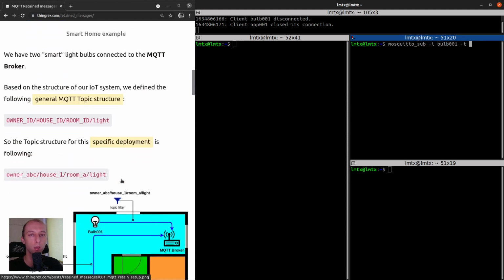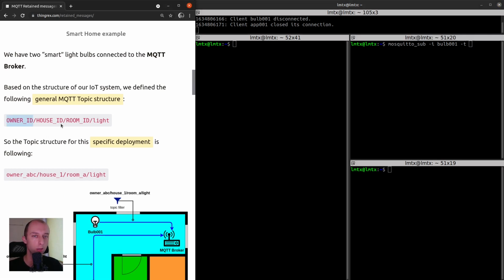For this specific scenario, I recommend that we use the owner ID as a top level, house ID because the owner might have more than one house, room ID, and light, because we want to control light using this specific topic. So in this case, we will use owner ABC, house 1, room A, and light.